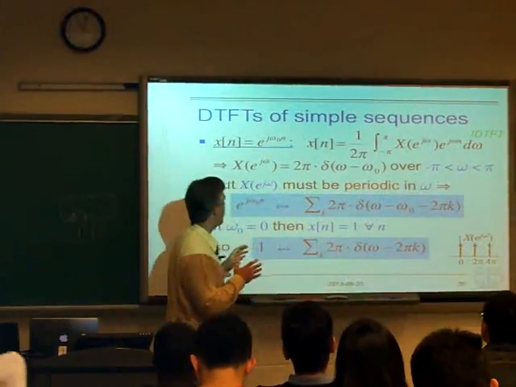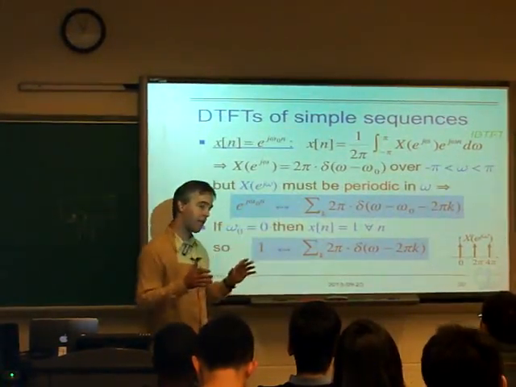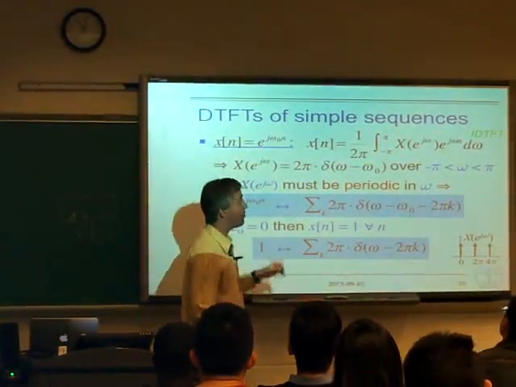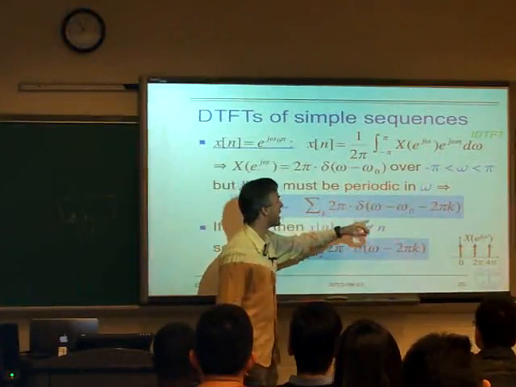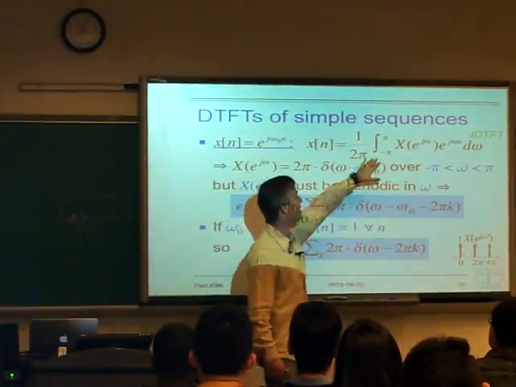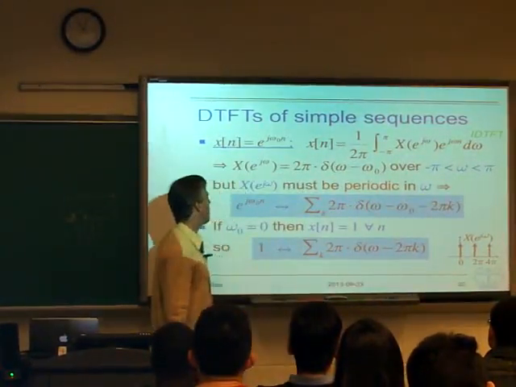So, but what that means is, well, X of e^(j omega) has a delta in it, but it also has to be periodic because we're talking about a periodic sequence. So actually, it can't be 0 everywhere else. This delta has to repeat every 2 pi. But that's okay. It doesn't affect here, because here we only looked at one single 2 pi range. So the full